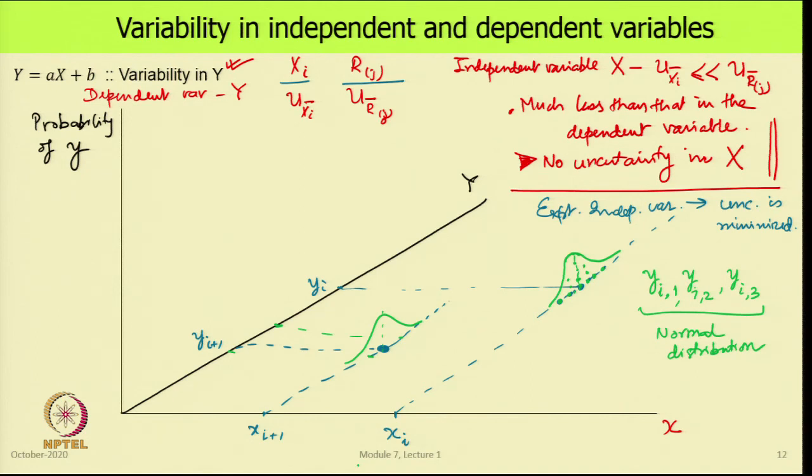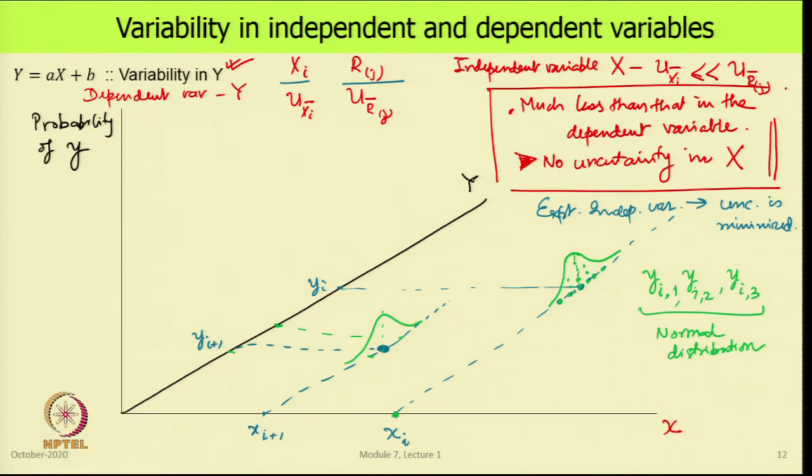So, this is what is happening, that we have said that we will consider the case where variability in x is 0. So, we have fixed this point and we get one line here, otherwise this also would have been a big line and a Gaussian distribution around that, and then this one. So, we have made some more assumptions now,